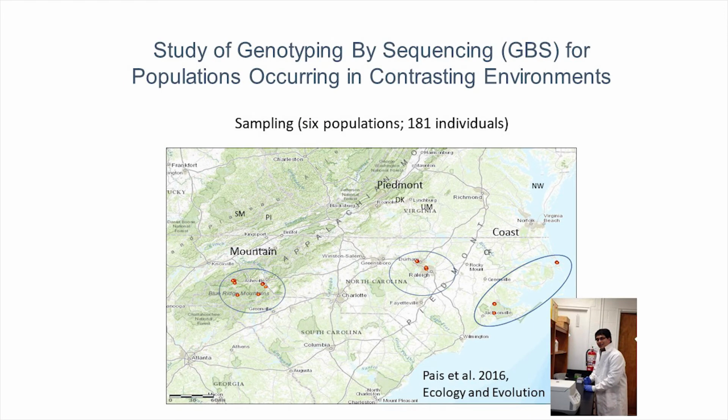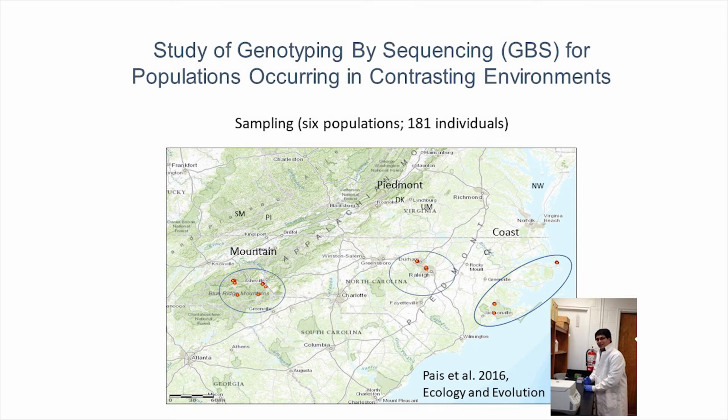And this is a big approach. So we started small. We just looked in North Carolina, and that's what I'm going to mainly talk about, the pilot study I did during the first 2 to 3 years of my dissertation. So we picked this area because the environments are very different, as you know, in North Carolina. We have mountain populations, which have shorter growing seasons, higher elevations, Piedmont areas, which are typically drier, and then the coastal region, which has different soil types.